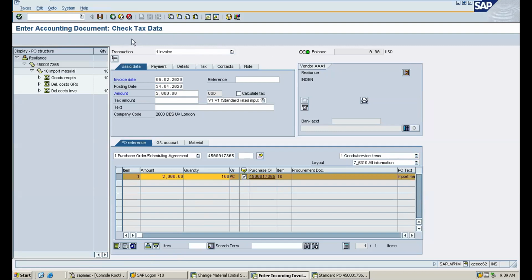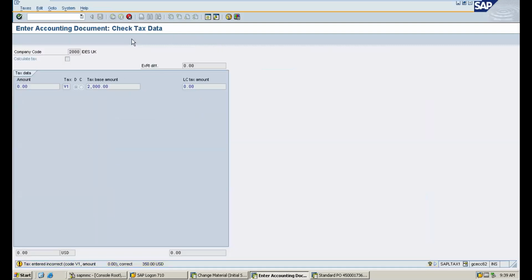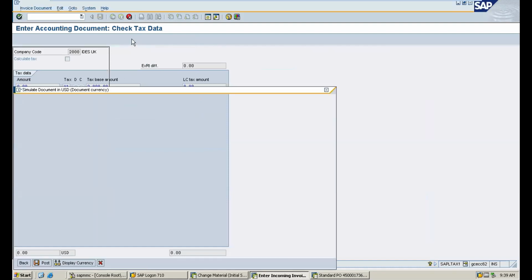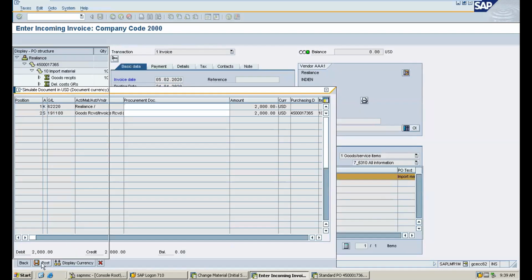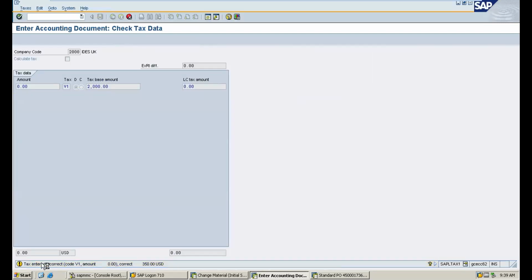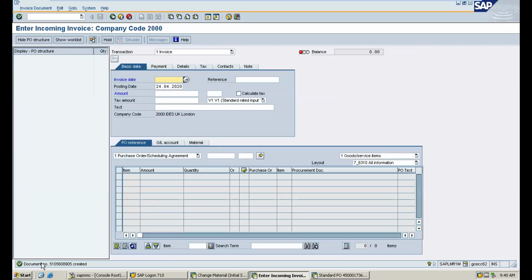Go to simulate and just post the invoice receipt. No issue, just post it. The invoice has been posted. Okay, now you can go and check. Already the PO is open there. You can go and check there.